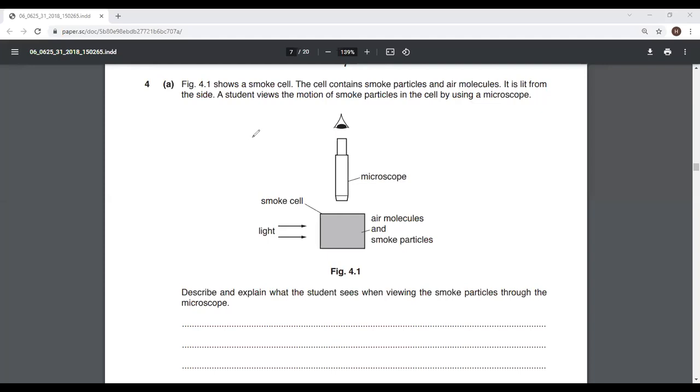Here, number 4, we are talking about June 16. Smoke particles. The cell contains smoke particles and air molecules. It's lit from the side. The student views the motion of a smoke particle in the cell using the microscope. Here we are talking about Brownian motion. In the Brownian motion, what will happen is that,